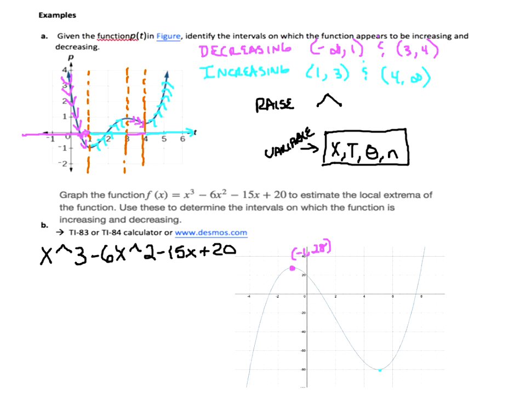So you do the same process to calculate the minimum, but you just choose minimum instead of maximum. So I'm going to write the steps here for you to do either the maximum or the minimum. The first thing that you want to do is second and trace. And that brings up your calculate menu.